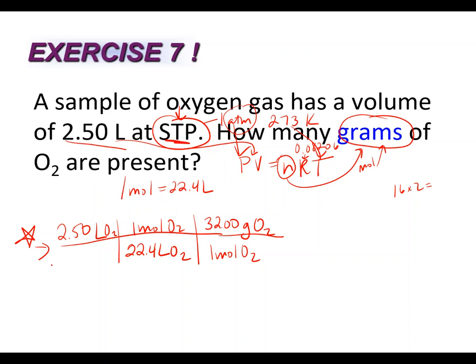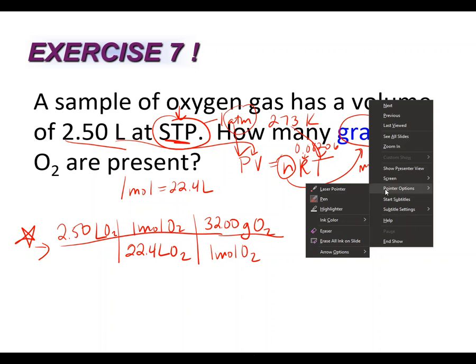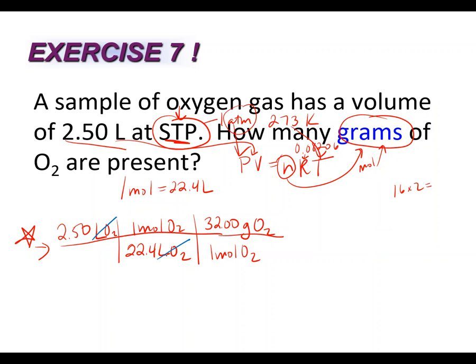Setting up the dimensional analysis t-chart is much quicker than using PV equals nRT, although you can use it. You would still get the moles, and then you could convert the moles to the grams. You'd still get the correct answer, but it would just take a little bit longer. So liters cancel, moles cancel, left with grams here. When you do the calculation, 2.5 times 32 divided by 22.4, we're going to end up with